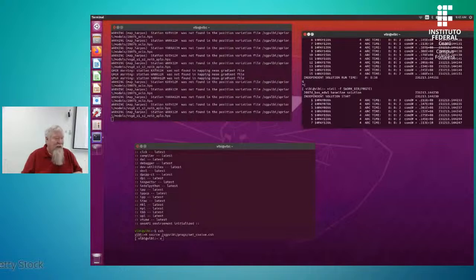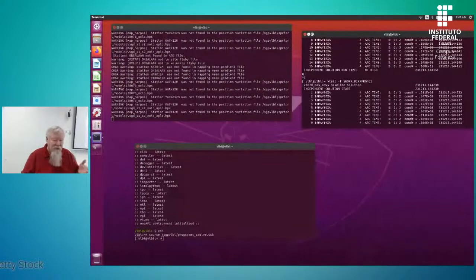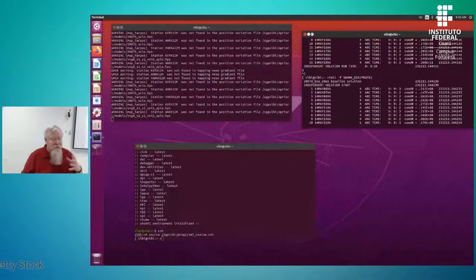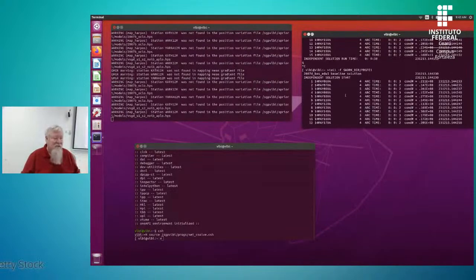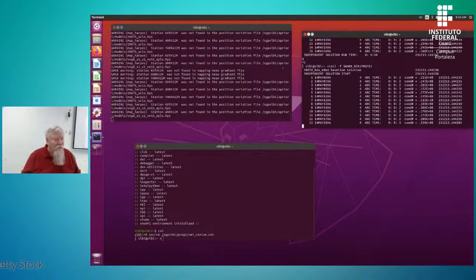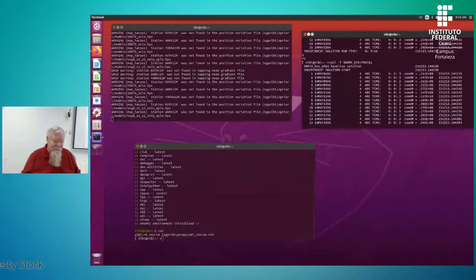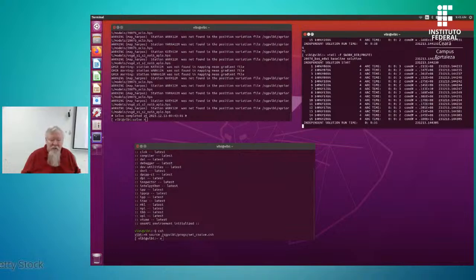For a short session like this with just 15 sessions, it's not that important. But if I have something that has like 7,000 sessions, I may want to see where I am. For each of these, it tells me which run it's done and how long it takes, etc. The other thing I can do is run several runs of solve at the same time